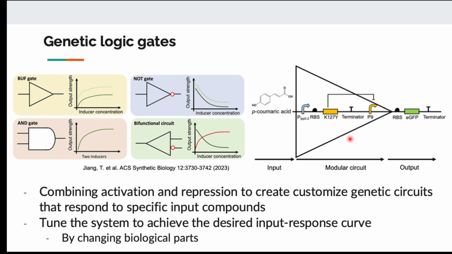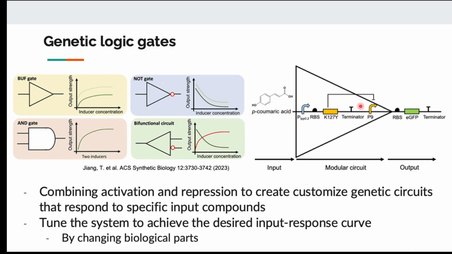So in this design, they call it a buffer gate. You want to increase the signal for this gene that is tagged with GFP, so you can monitor the green fluorescent signal. And they want to control it with this compound, p-chromatic acid. So they pick this compound, and this compound can bind to this